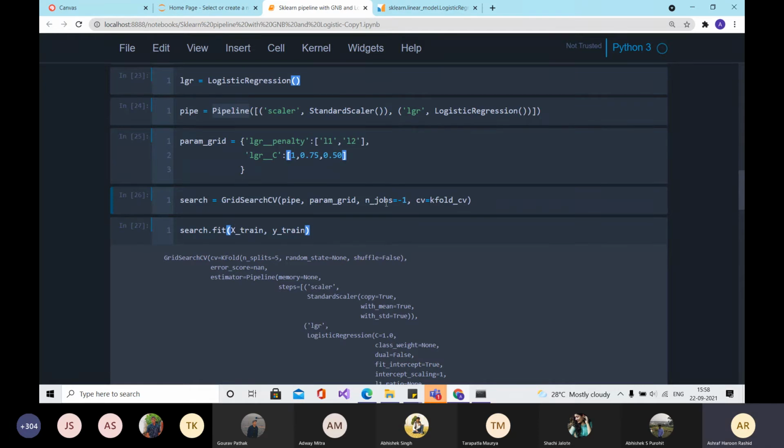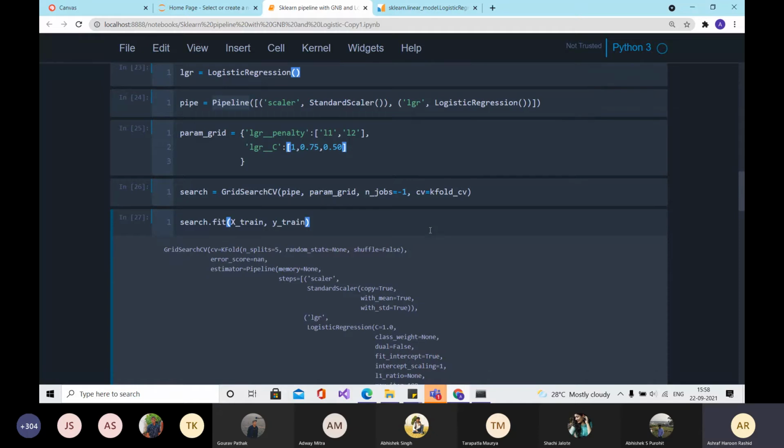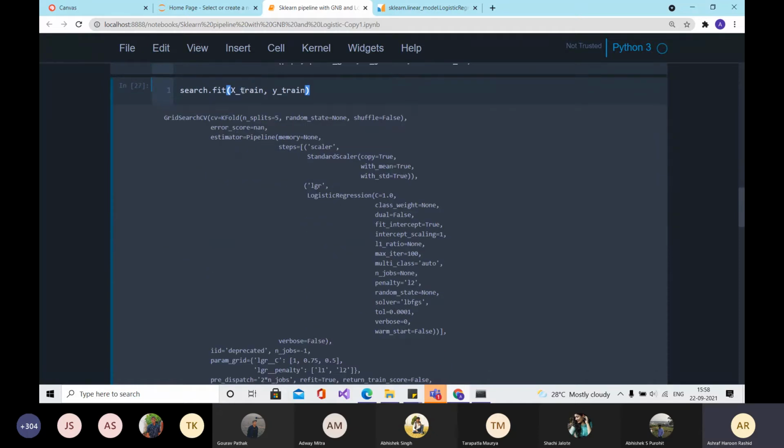If you have 4 cores, then it will run 4 jobs parallelly for this grid search. Yeah, and then just do a search.fit. So you will get some result like this.